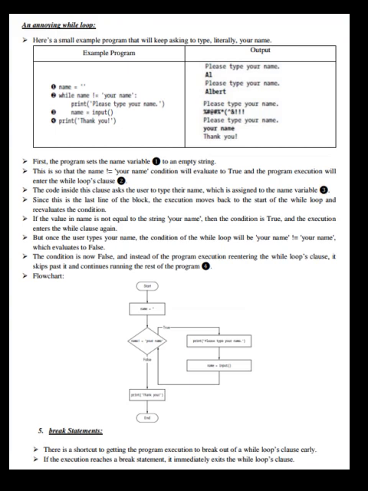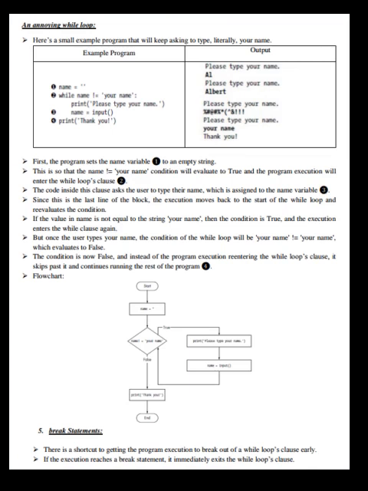The code inside this clause asks the user to type their name, which is assigned to the name variable. Since this is the last line of the block, the execution moves back to the start of the while loop and re-evaluates the condition. If the value in name is not equal to the string "your name", then the condition is true and the execution enters the while clause again.